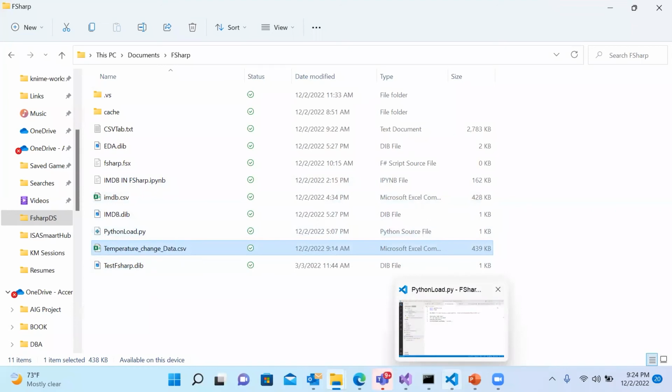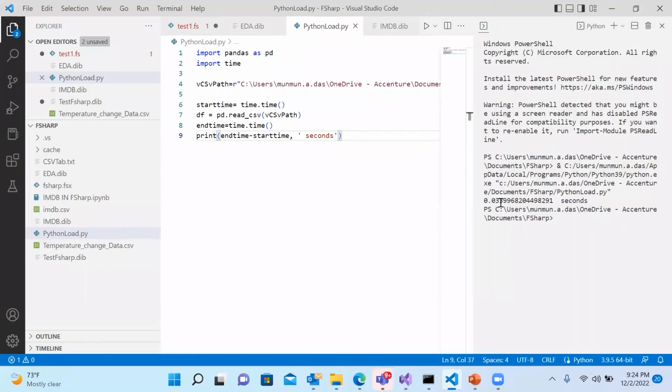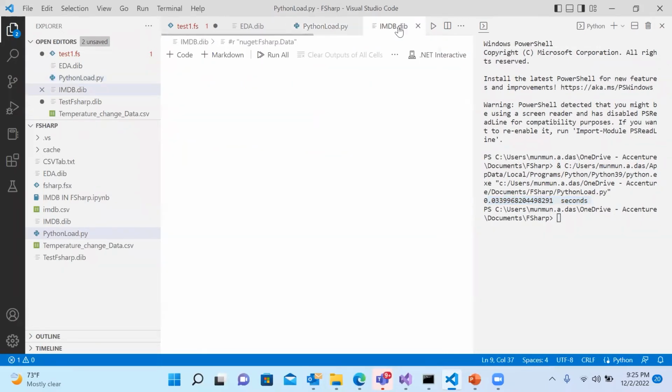So let me show you how much time it is taking. This is a Python code basically. I am not doing anything on this, I am just loading the data. If I run this code, the time taken is 0.0339 seconds. Here I have printed the elapsed time. Okay, so 0.0339 seconds. Now, if I go and run in F#,